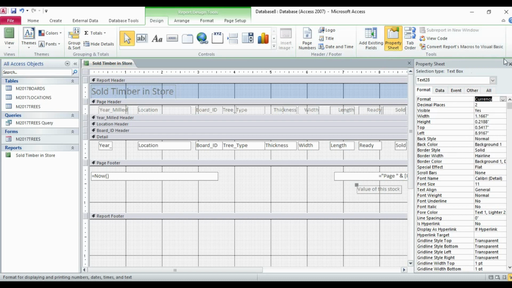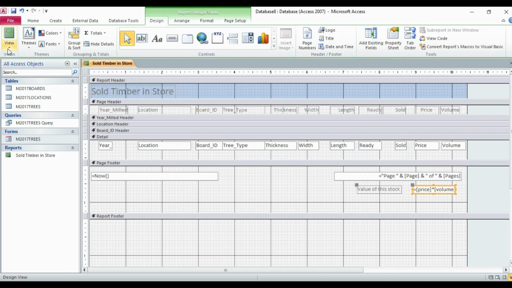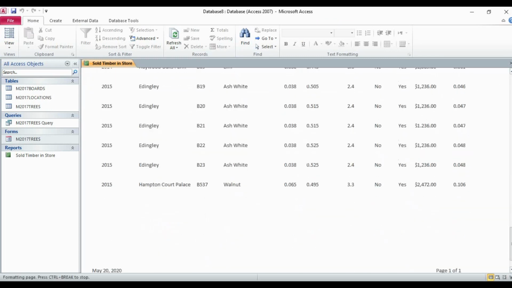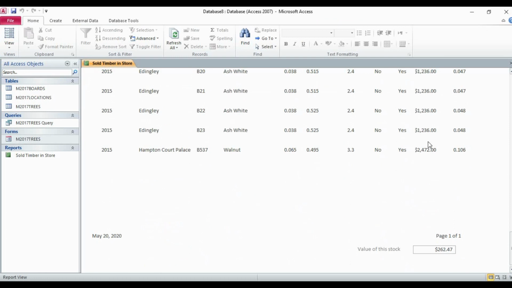Then you can simply close it. Go back to report view. Let's check. So now it has the same currency format which we have used in price. So we have completed this step.